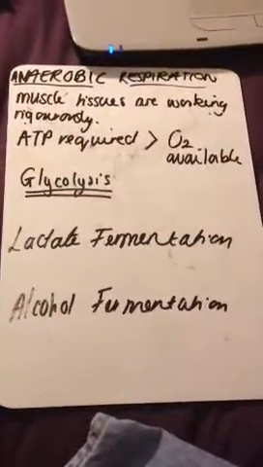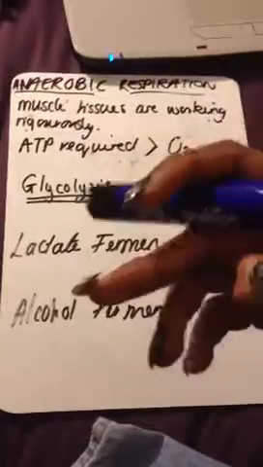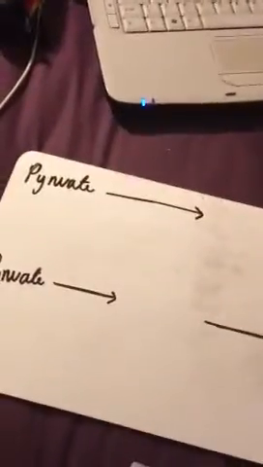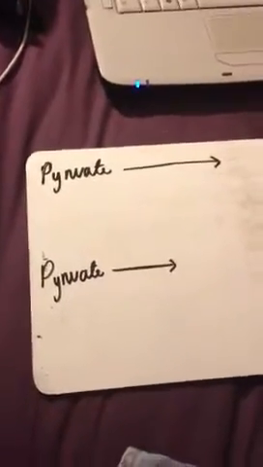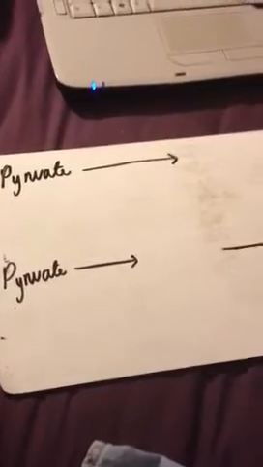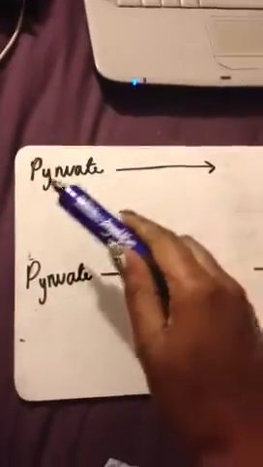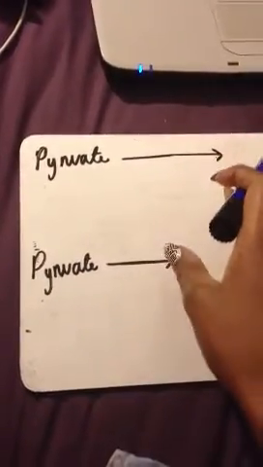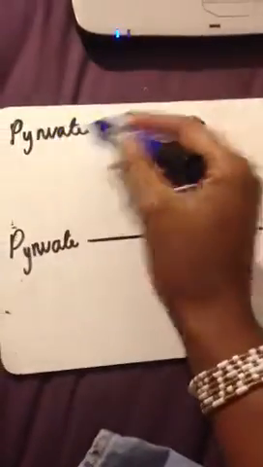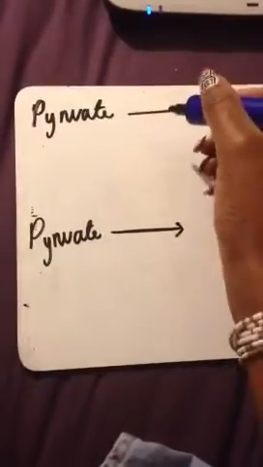How this works is very easy. It's not as detailed as aerobic respiration, so we can get on with it a lot quicker. So here we go. We've got pyruvate, and pyruvate is our end product of glycolysis. If you don't remember, just go over the aerobic respiration video that I did. And with pyruvate, this is lactate fermentation, by the way. Pyruvate, and what happens here is